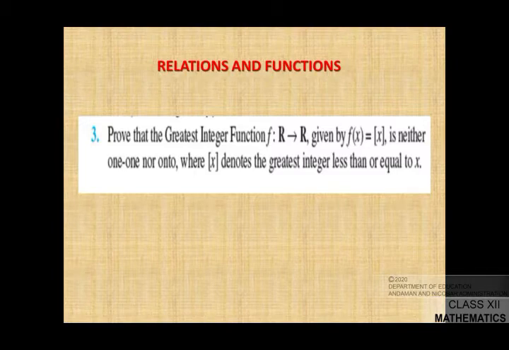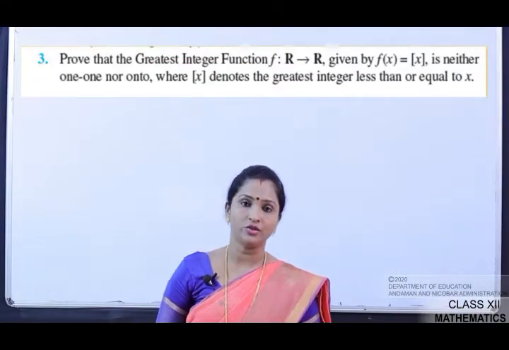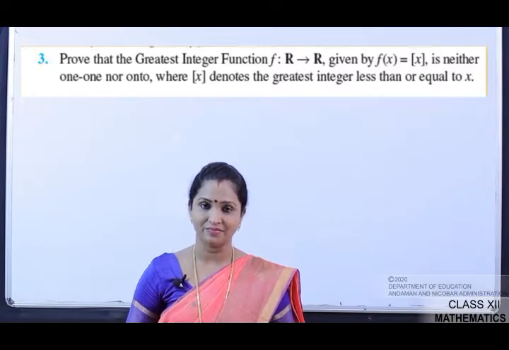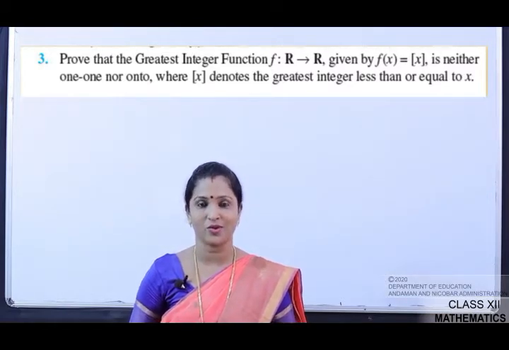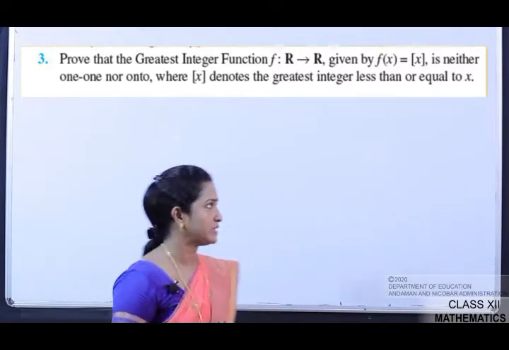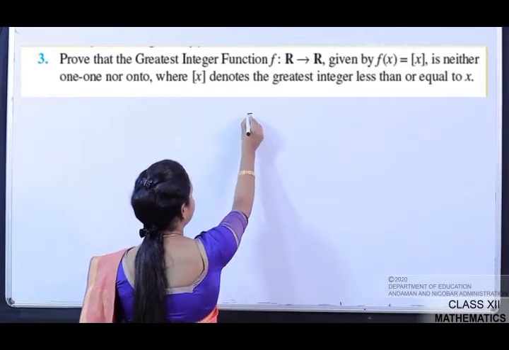Prove that the greatest integer function f mapping from R to R given by f(x) is equal to [x] is neither 1-1 nor onto, where [x] denotes the greatest integer less than or equal to x. The greatest integer function you have already studied in 11th class, but मुझे पता है आपको याद नहीं होगा उसका कॉन्सेप्ट. ठीक है, मैं दोबारा फिर से बताती हूँ आपको. The greatest integer,